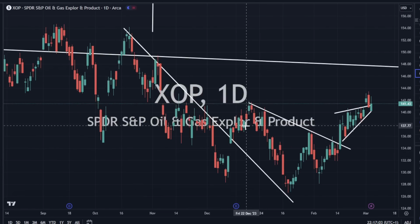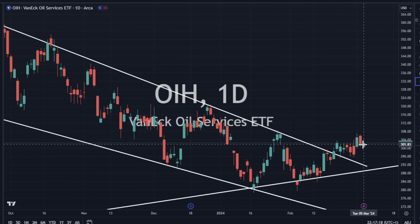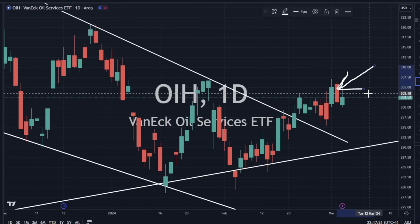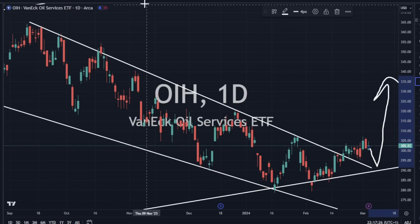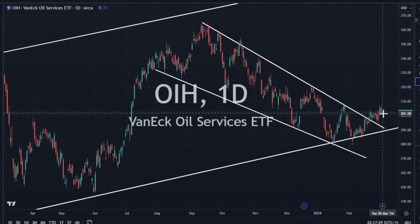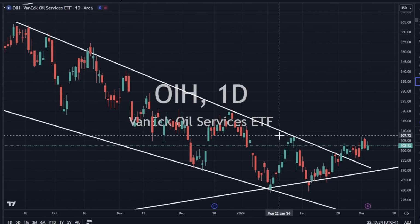At this moment, I would say that downside is a risk when looking at the overall markets because it could easily drag us a little bit lower with the overall markets. When looking at OIH, OIH is looking all right. It's holding on today at least, and we do have a bearish engulfing yesterday. So could we get a little bit of a return move like this before heading higher? Very well could. And we could even, I mean, it's possible to even break lower than that, depending on what the overall markets do, what they look like, and the fear that could be generated if there's stronger selling pressure